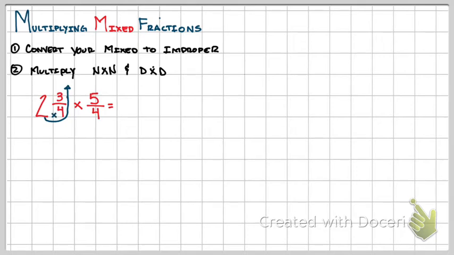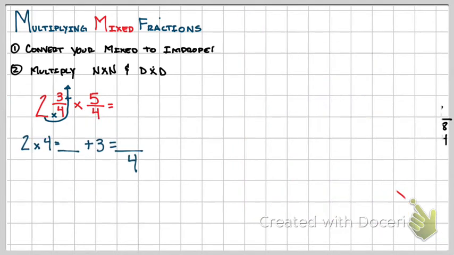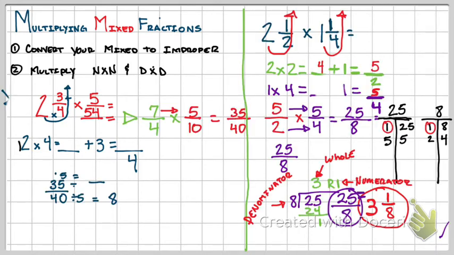So I'm going to multiply, then add. I'm going to set it up as 2 times 4 is equal to blank, plus my numerator, which in this case is 3, is equal to blank over my original denominator, over 4. This is what we did the previous week. Now that I have my problem written down,